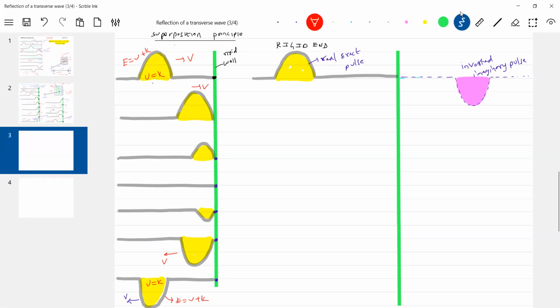Okay, this is the assumption being asked for. What is the pink color one? It's an imaginary one, nothing to do with reality. So when both the pulses arrive here,